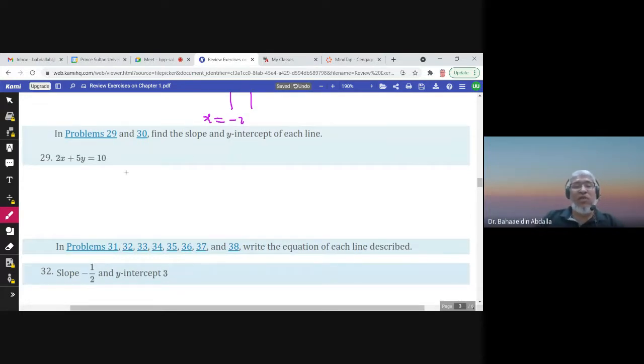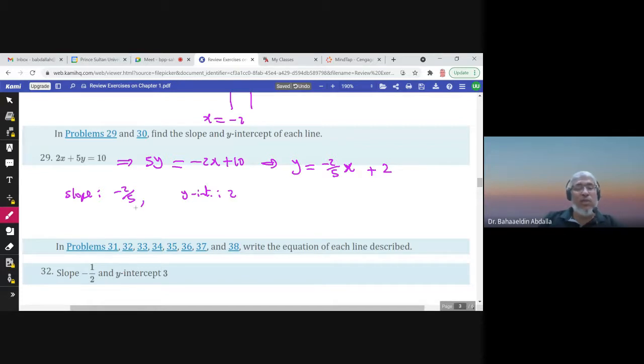Well, to find the slope and the y-intercept, I need to write it in the slope-intercept form. So I need to solve this equation for y. So 5y would be -2x plus 10, and then we divide by 5. So -2 over 5 x plus 10 over 5, which is 2. So the slope is -2 over 5, and the y-intercept is 2. That's the answer of